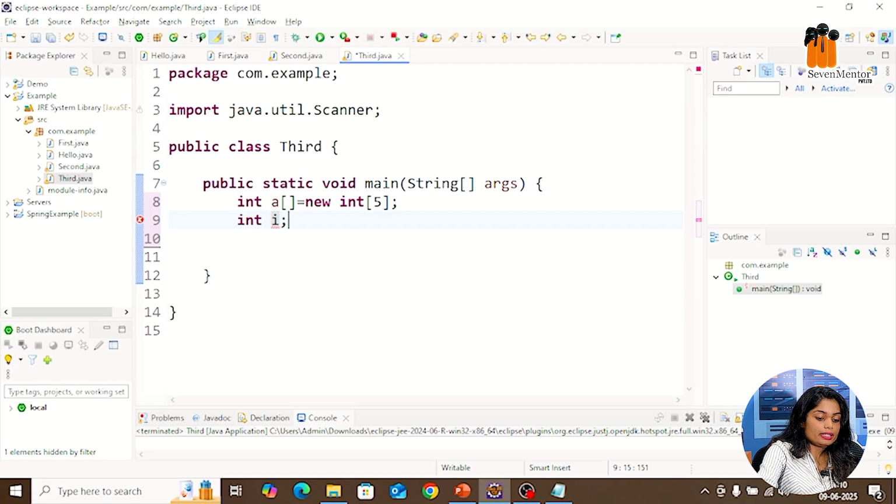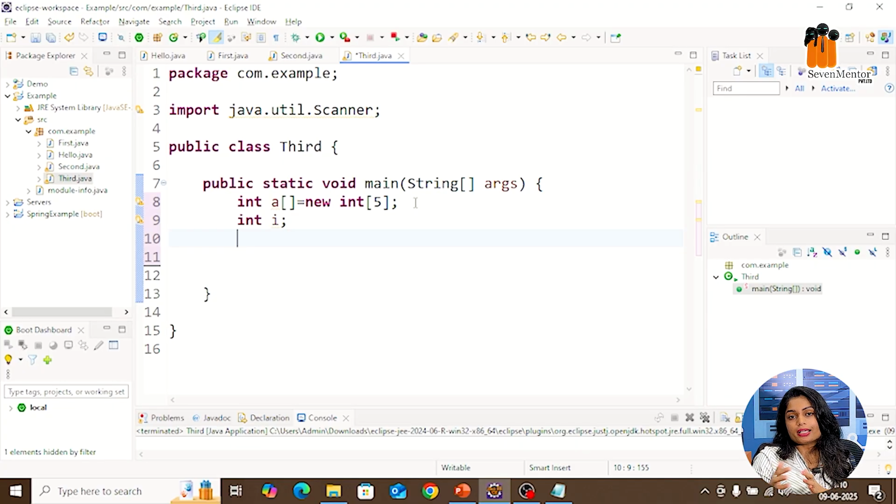And for that I need a variable because I want to go from 1 to 5. So to jump from 1 to 5, we want increment and decrement. So for the increment I am using the i variable. Now I don't know what the values are for those 5 elements, so I have to take an input from the user. Now I want 5 inputs. It is not possible to take input 5 times by writing the code again and again. So we will go with the loop. Why? Because a loop is used to execute a continuous block of code.